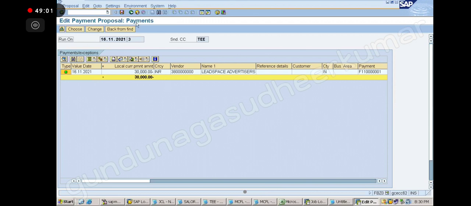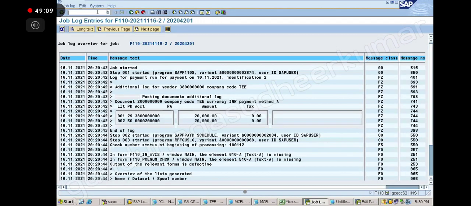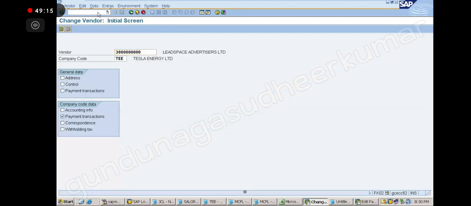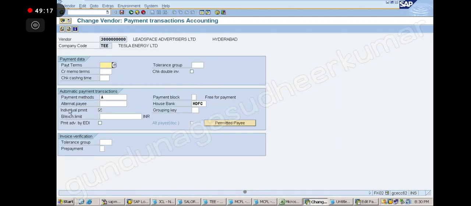So now click on it. Especially sometimes what may happen is we have this vendor, this item is there, na? Sometimes what happens is, especially this one, we have picked this individual payment. Yeah, this may trouble us. So it may treat each item separately, right? Advance separate, invoice separate. Correct? Then it will create. So we need to check that, sir.